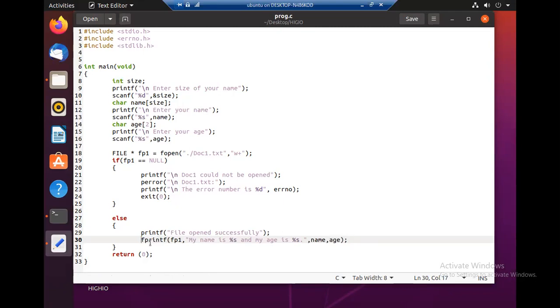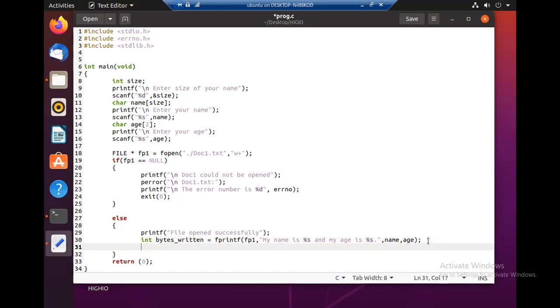So we can check the return value of this fprintf. I will store the return value in an integer called bytes written. What is returned from this fprintf will be stored in this one.